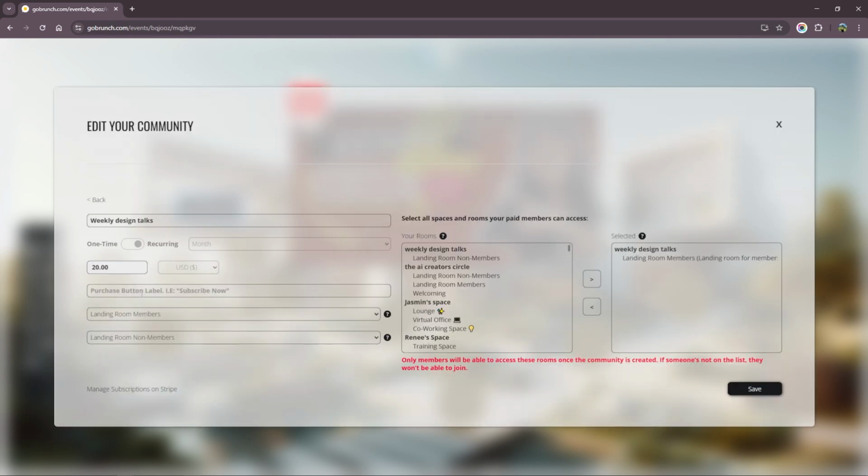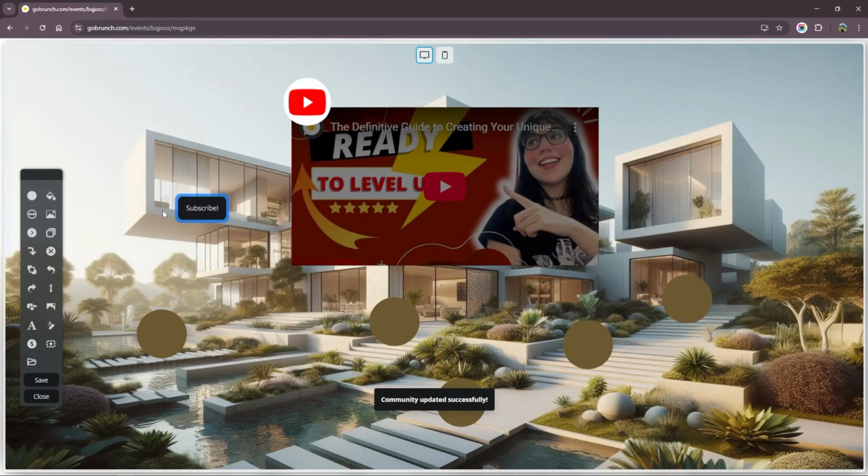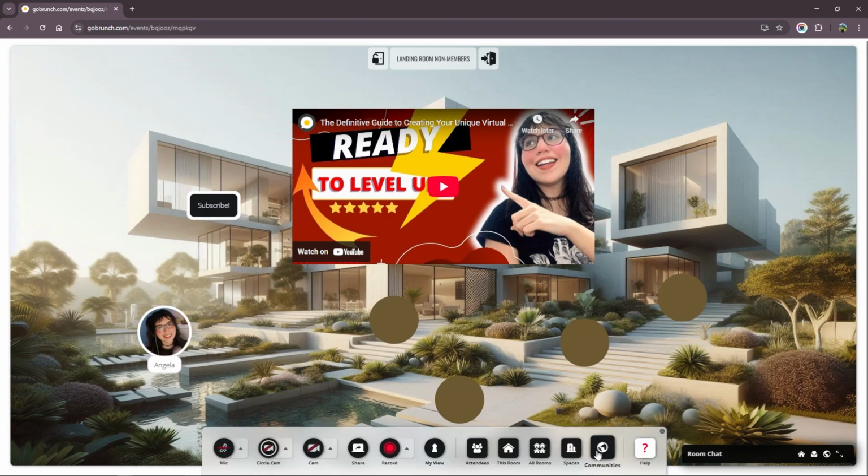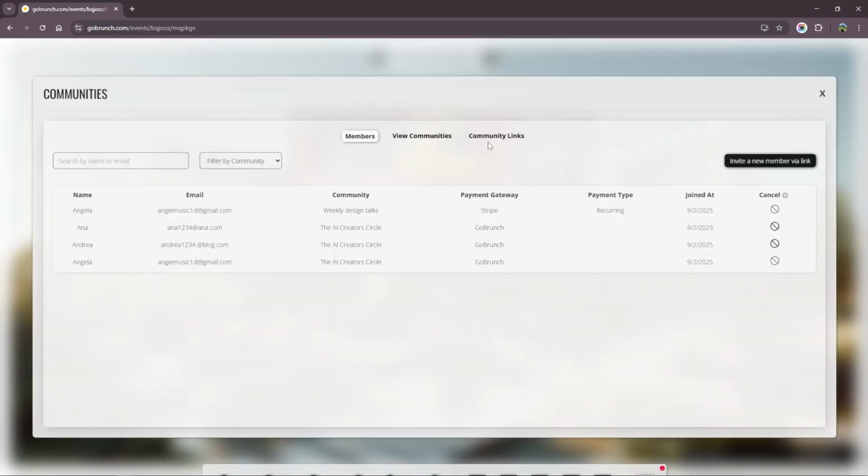And now we can place here what the button will say, like a call to action for every person that joins this room. So I'm going to click here, okay, click subscribe, and we save. There it goes, now our community is linked to this button. I'm going to place it right here and remember to save. Perfect, now every time that someone enters this room, they can see the information of my community, in this case the video, and if they want to pay to join my community, they can do it just by clicking the subscribe button.